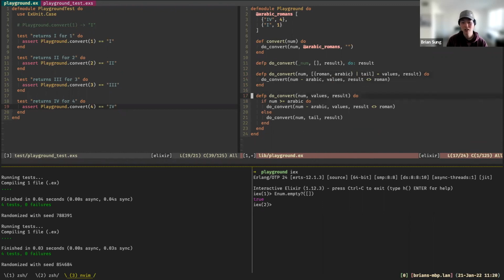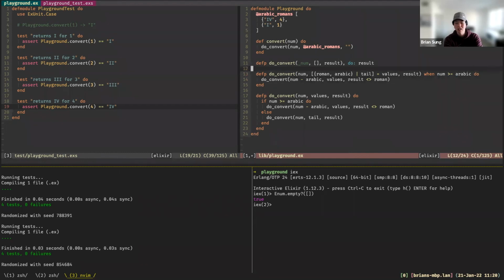That removes this. And then we still have to consider that we only want to call this function when the number is greater than or equal to the Arabic. Since we've pattern matched all this stuff in here, we have access to the Roman, the Arabic, the tail, stuff like that. We can write a guard and use those values. So a guard looks like this. It's essentially just like, okay, only call this function if this condition is true. So we do that by saying when, and then the condition that we want, right?